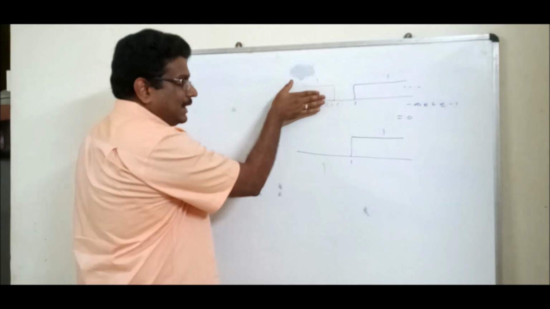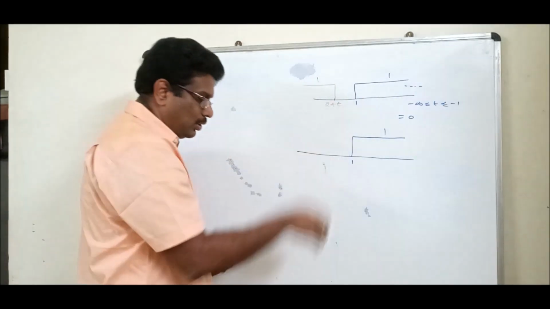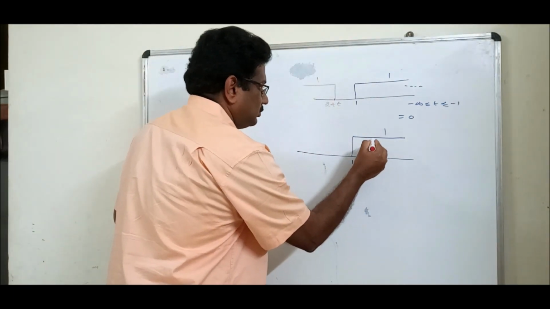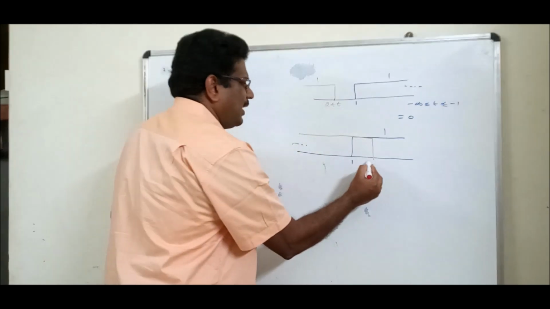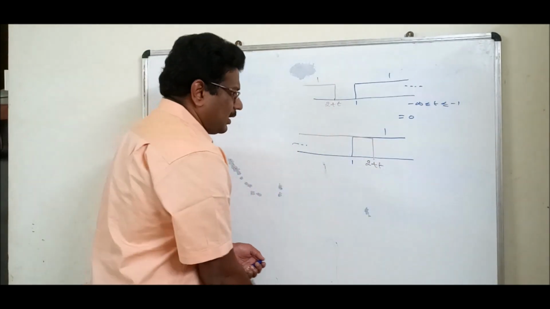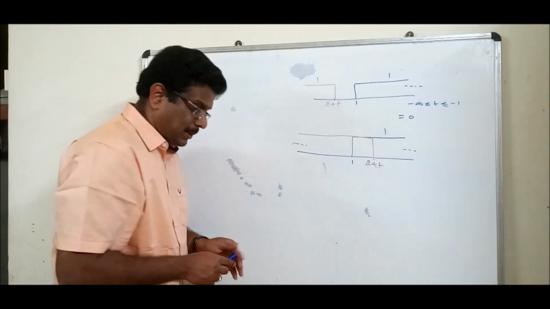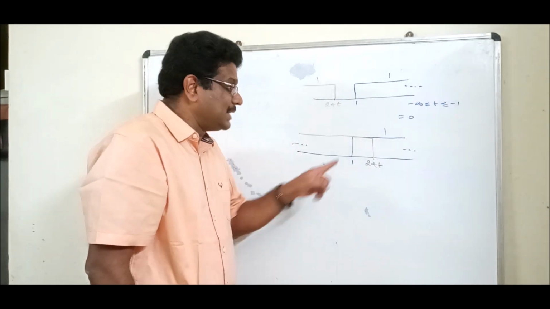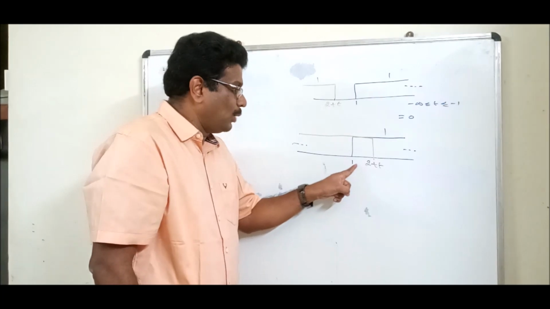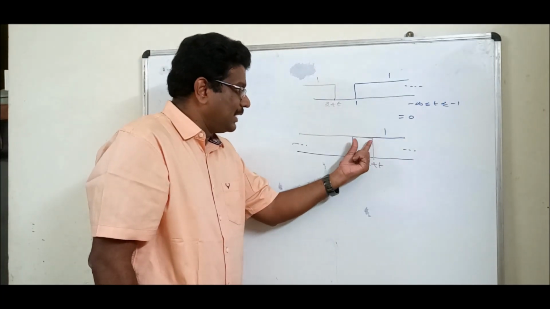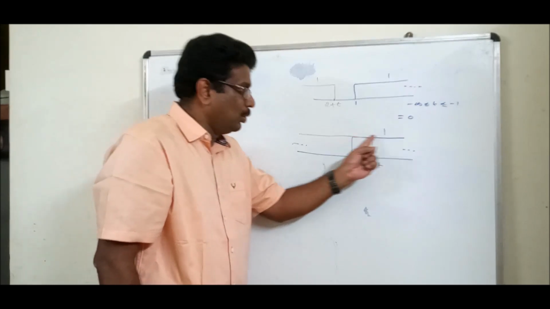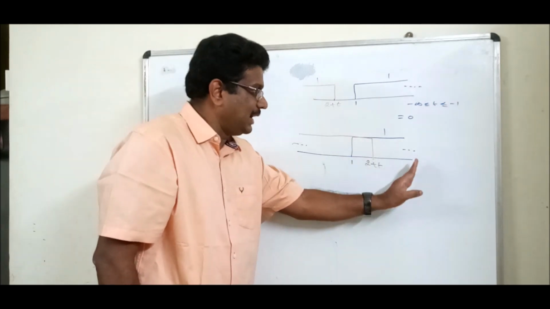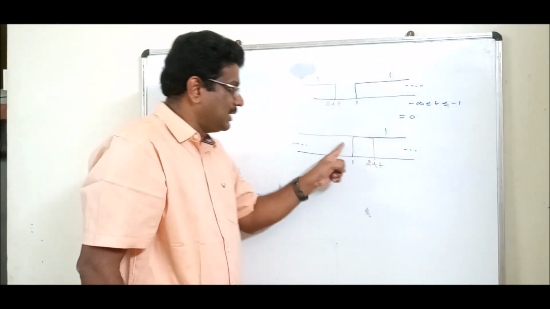Now the signal is this side. If it goes like this, I have to move it to do convolution. When it crosses, let it cross. Just anywhere after this. Yes, it is crossed. Now answer me. If I multiply these two signals, will I get an answer? Yes, because there is a common place. Between 1 and 2 plus t, definitely this red color signal is also available, and the blue color signal is also available, that is x is available and h is available. If you multiply, you will get an answer. This side only one signal is present, the other amplitude is 0, so this side the answer is 0.